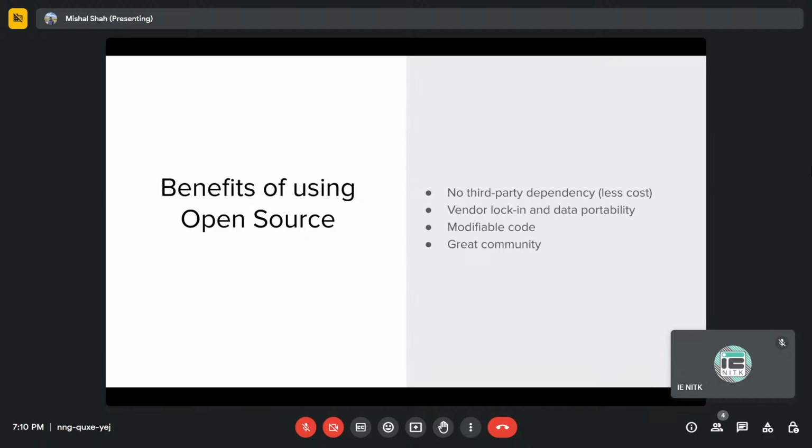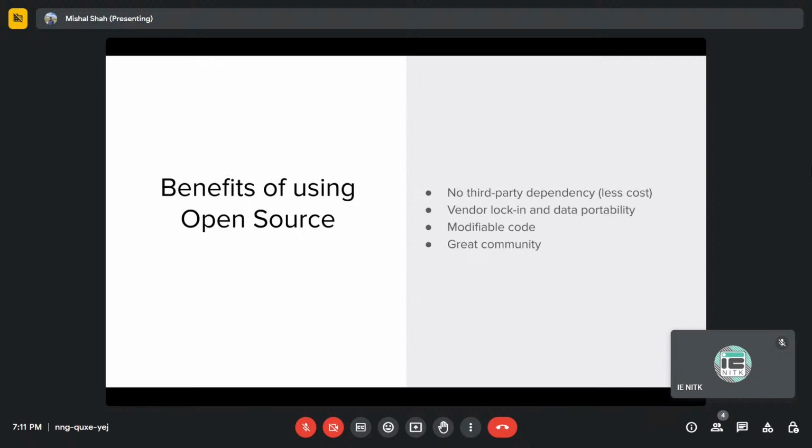And in general, there's a lot of lock-in. So if you have decided to use Amazon's DynamoDB, then you are locked in to using that particular software only. And if you want to move out and do your own self-hosting later or move to a different company, then there's a lot of charge associated. Let's say you have 5 TB of data and you have to move that data without any downtime. It's a huge headache, and I won't say impossible, but it's near impossible to migrate without any downtime, and things like that. So in general, there's a lot of lock-in.